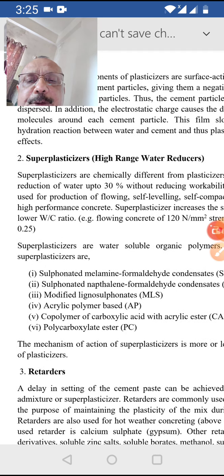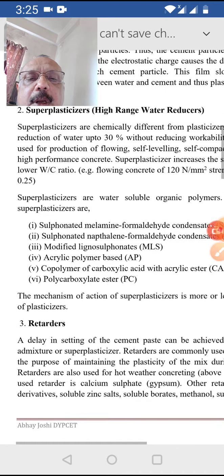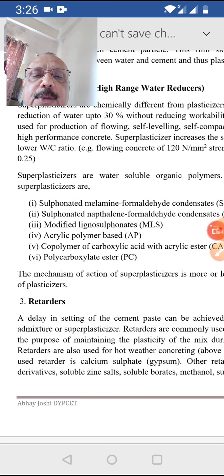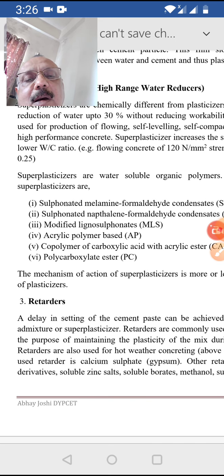As already shown in the previous sketch, the mechanism of action of plasticizer and super plasticizer is almost the same. So, for increasing the workability without affecting the water cement ratio, we have to use super plasticizer. There is a new era plasticizer available, which is also called hyper plasticizer, which is generally used to produce very highly flowable and pumpable concrete or very high performance concrete in advanced construction stage.